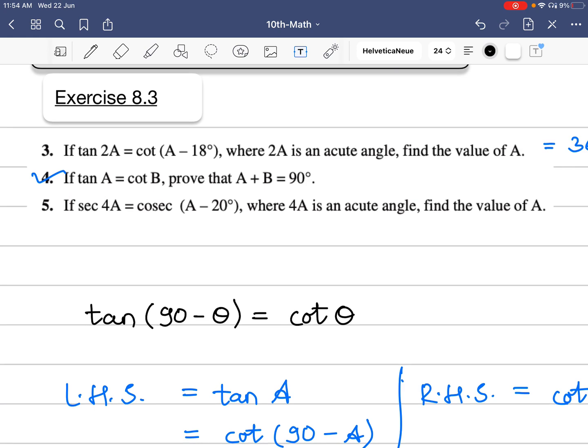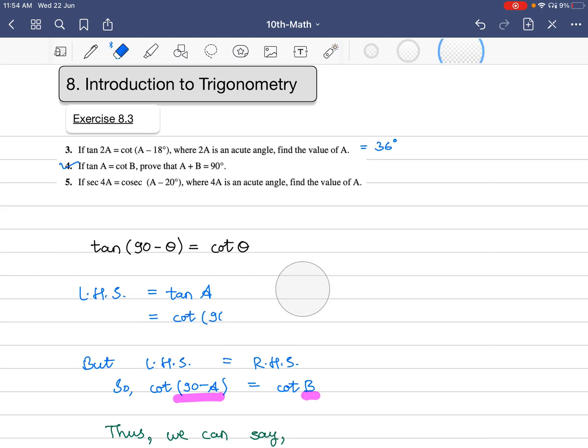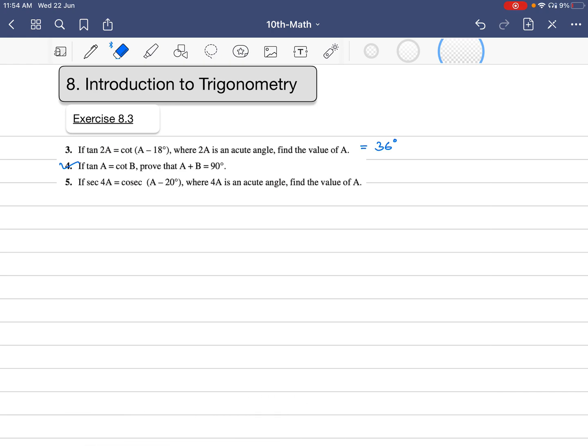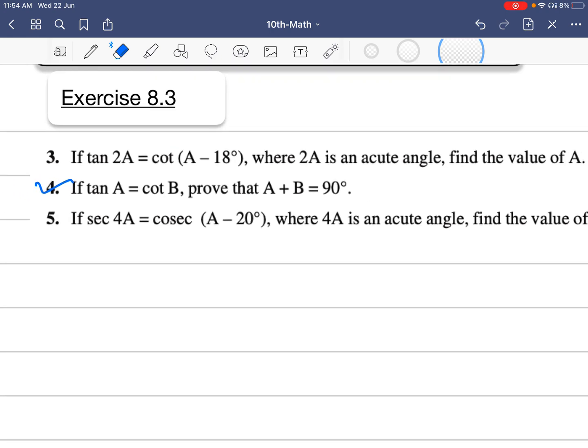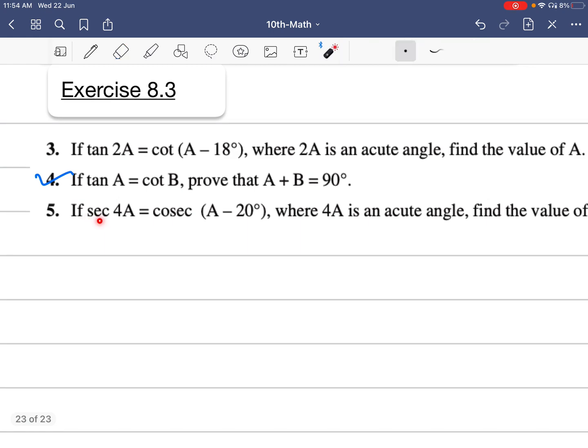It reads, if sec 4A is equal to cosec A minus 20, where 4A is an acute angle, find the value of A. This is exactly similar to question number 3. Here we had tan and cot, here we have sec and cosec. So once again, let me first erase this so that we get some space. Once again, we have sec and cosec on the two sides of the equation. We know this is a hint. If we have sec and cosec on two sides of an equation, the hint is that sec and cosec are related to each other using the